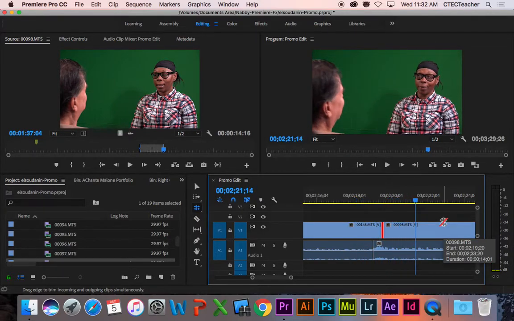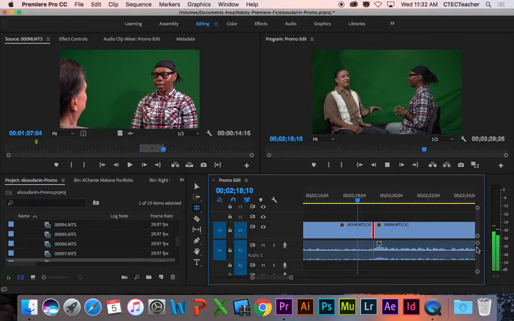There we go. So either way will work, and it kind of brings them together better than just having the straight cut. Because with the straight cut,